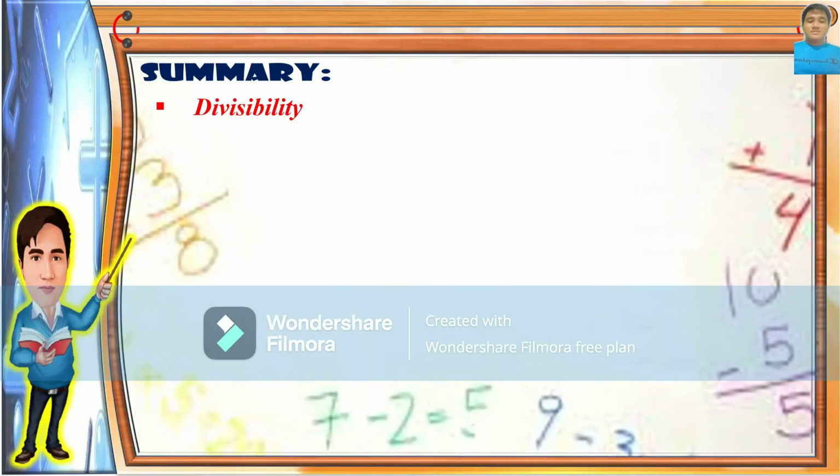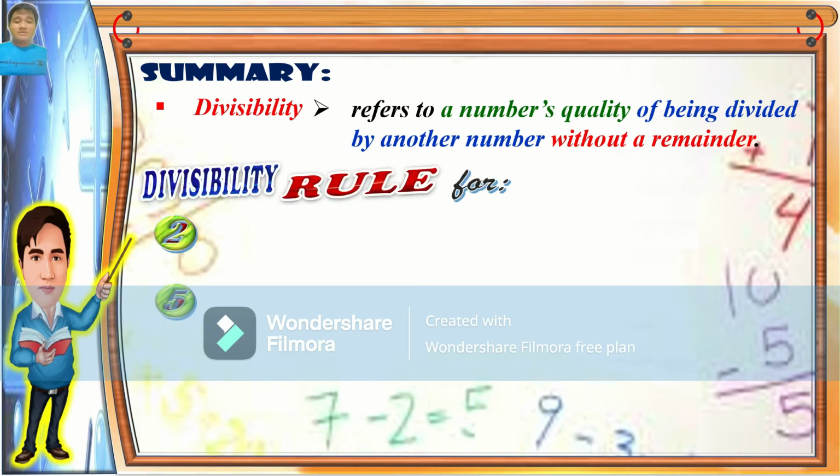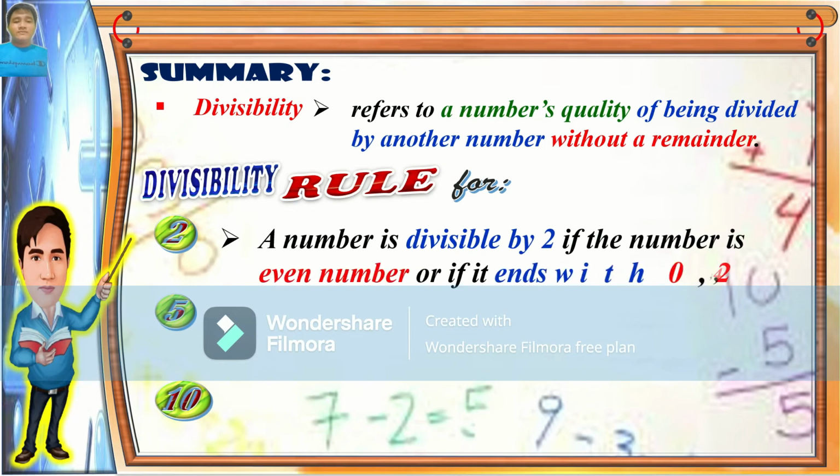To summarize this lesson, divisibility refers to a number's quality of being divided by another number without remainder or excess. Now, to find out whether the number is divisible by 2, 5, or 10, we follow these rules. For the divisibility rule for 2,